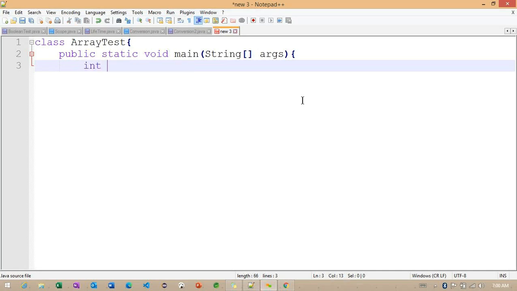We need to define the data type first. What data type values are we going to store inside this array? I'm going to store an int array, and the name of this array variable is month_days. But now you can see I'm defining an open bracket and a close bracket here. If I don't define it like this, it is just a simple variable. But whenever I declare it like this, this variable can hold multiple values.